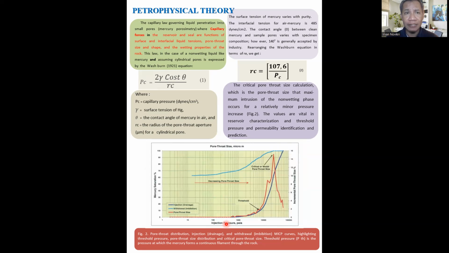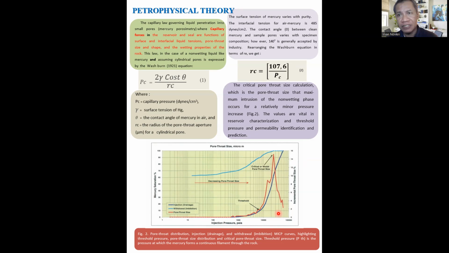And also the threshold pressure, which indicates the pressure needed for non-wetting fluid displacement, can be determined by identifying the outward convex inflection point of the MICP curve. The equation mentioned helps to calculate the critical size of the pore throat, which is the size at which maximum intrusion of the non-wetting phase occurs with a small increase in pressure. This critical pore throat size is very crucial to understanding the reservoir characteristics as well as identifying, predicting threshold pressure and